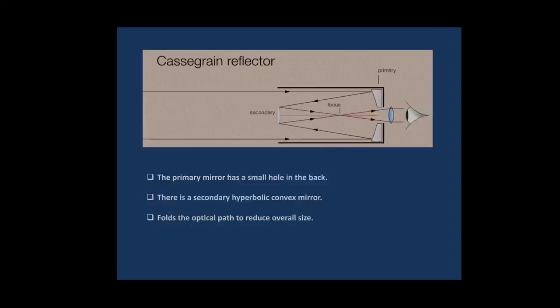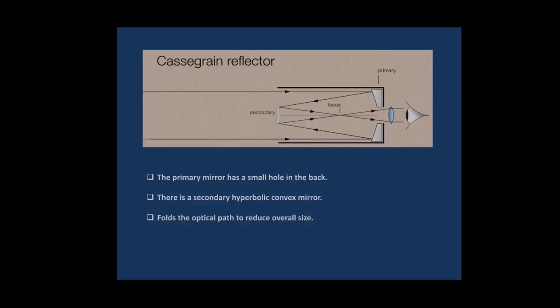Now there is another alternative to tackle this problem. These are called Cassegrain reflectors. So rather than using a 45-degree flat mirror, we use a secondary mirror which is convex in shape. This mirror redirects light out through a small hole cut in the back of the primary mirror, so we have